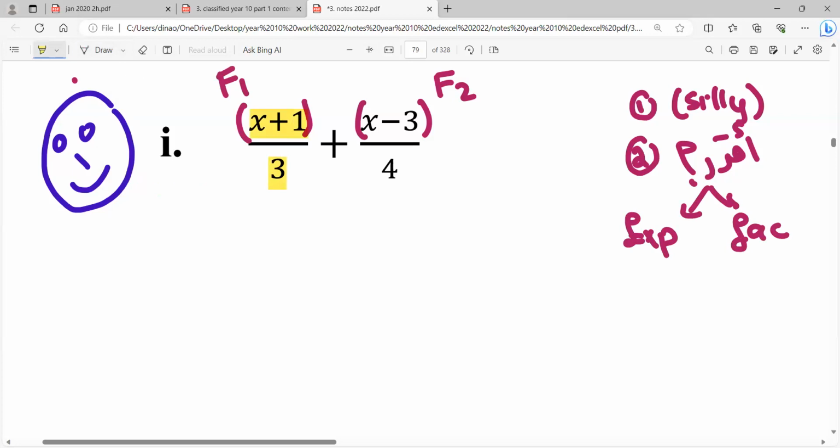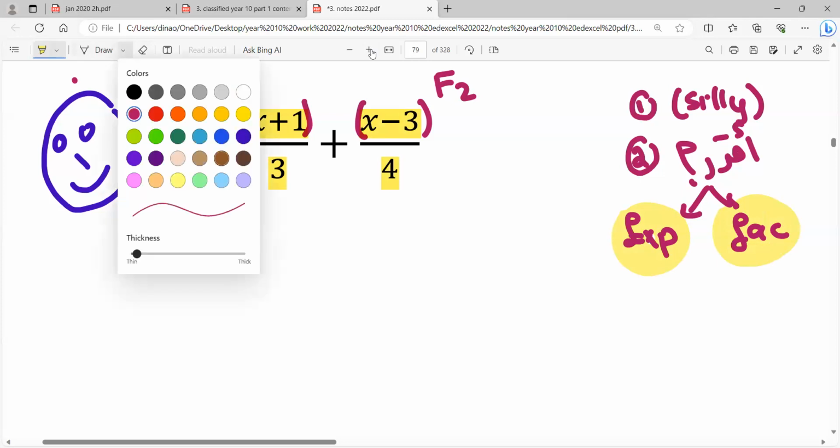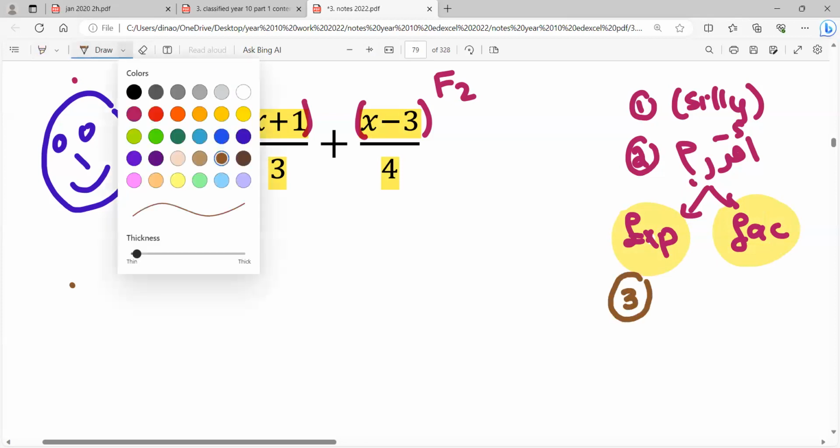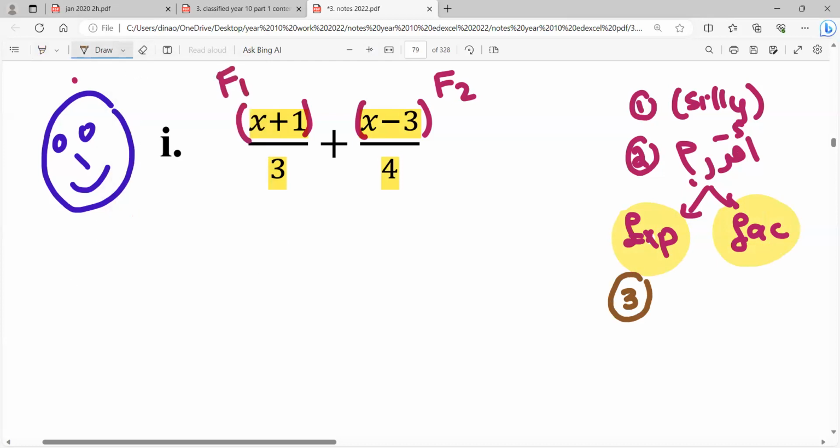Meaning, is there any expanding to be done? Is there any factorization to be done? Can I expand any brackets? Can I factorize? You will find that in this case over here, there is nothing to be done. There is no bracket to expand and no factorization to do. So, after I have asked myself what I can do, and I found that there is nothing to be done, I move on to the following step immediately, which is